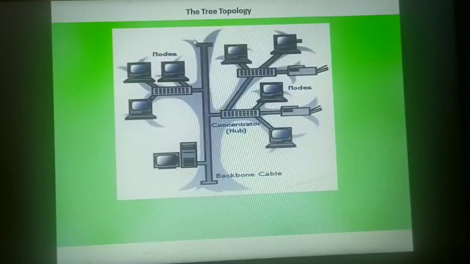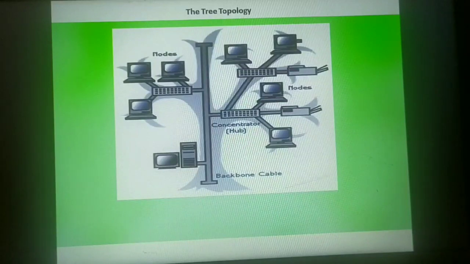This tree topology is a variation of the bus topology and the star topology. It is made up of a backbone cable, which is made of coaxial cable. You can see this diagram here. Looking at this, you can make out it is similar to what we studied in the bus topology. This main cable is divided into sub branches, and again these sub branches are divided till the extremities of the network, meaning till the end of the network.